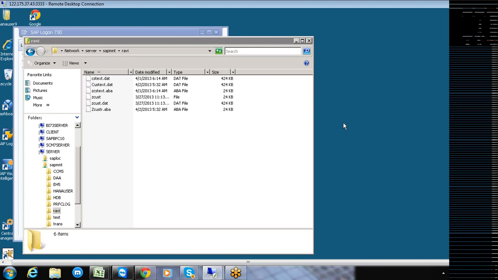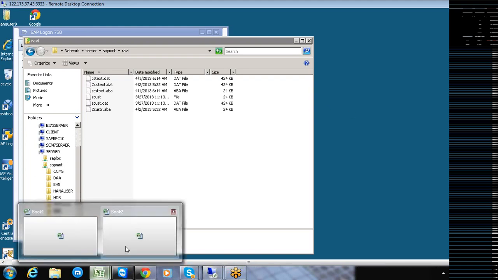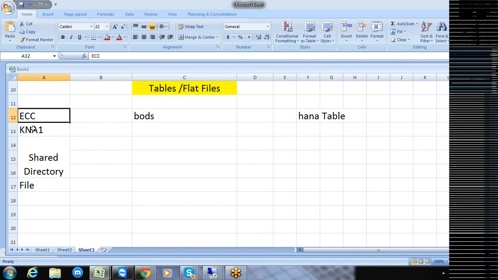So that is the reason it is better to configure this shared directory where your ECC data is present, not on the BODS side. That is the reason a shared directory is supposed to be created on the ECC system. Even the figure also shows like this. With ECC getting configured, the shared directory is going to be very much important for us basically.